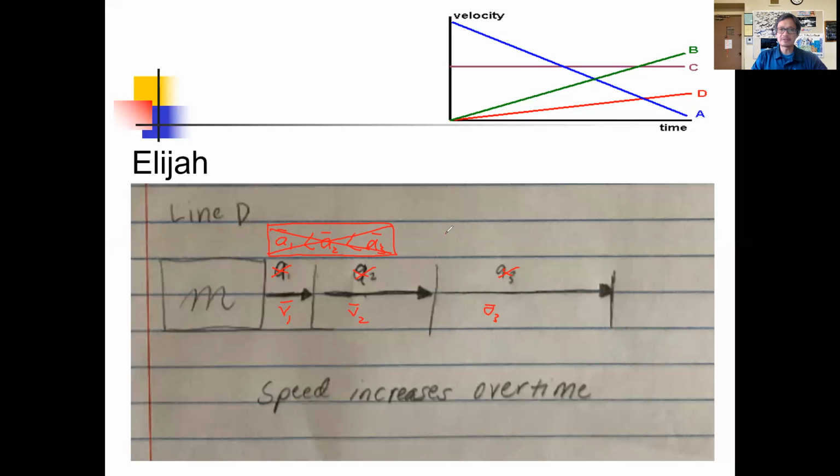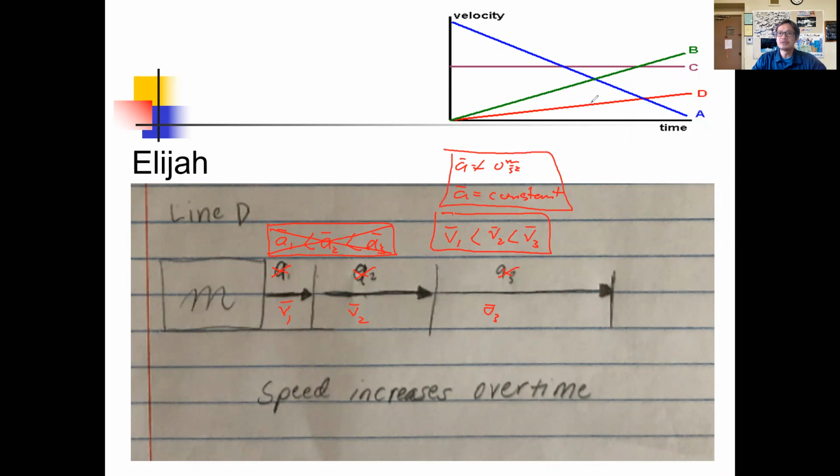What we have here is actually a change in velocity, whereas velocity 1 is going to be less than velocity 2, which is less than velocity 3. So we have a change in the velocity rather than a change in the acceleration. The velocity changes, but the acceleration doesn't change; it is constant. That means you have an acceleration that is constant and not zero. It's constant, non-zero acceleration,